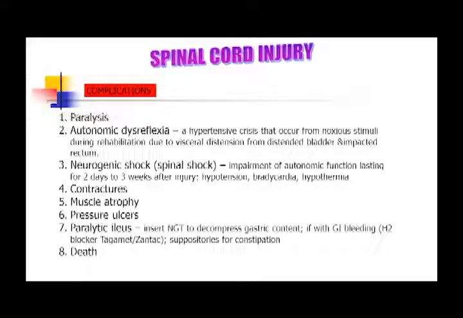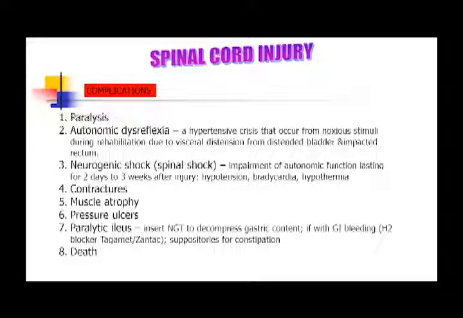Contractures, this is related mainly to the lack of exercise or lack of movement in certain extremities. If hindi nagkakaroon ng passive ROM or exercises ang pasyente, this could lead to contractures just like your stroke. Muscle atrophy, of course, muscles that are not being used will start to decay. They will start to get smaller. Pressure ulcers, again, due to immobility brought about by paralysis. Magkakaroon ng pressure ulcers kung hindi sila nalalag roll or hindi sila namumove to different positions every 2 hours or every hour.